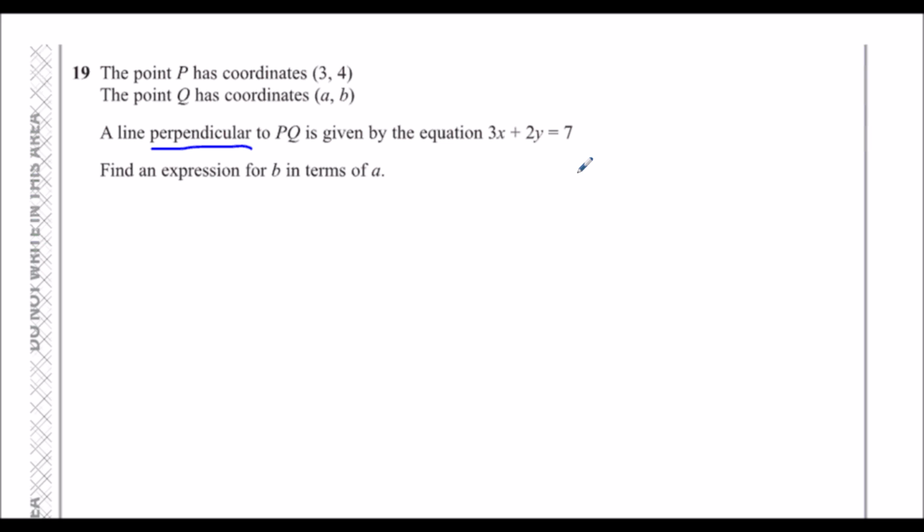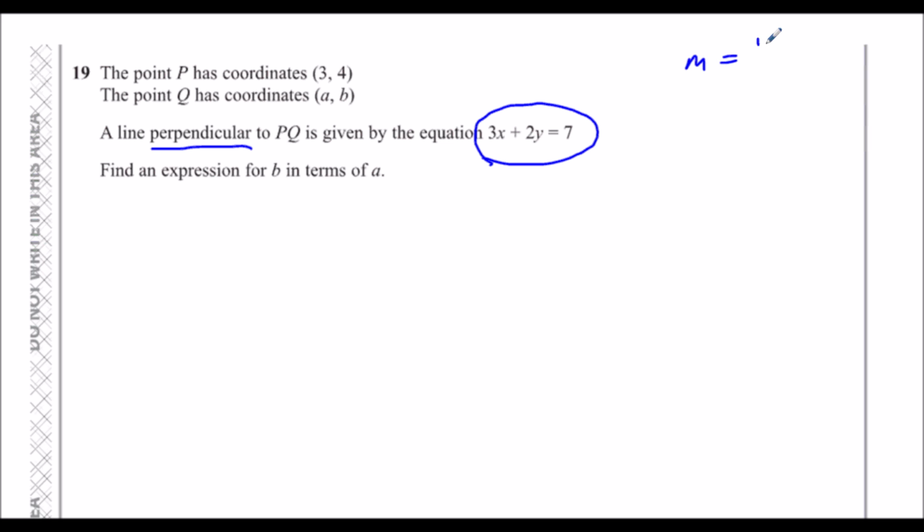Its gradient is a negative reciprocal. Its gradient is flip and minus from our original. So if we work out the gradient of this line, flip and minus it, that should tell us the gradient of PQ,